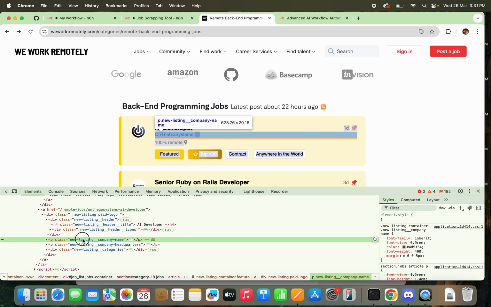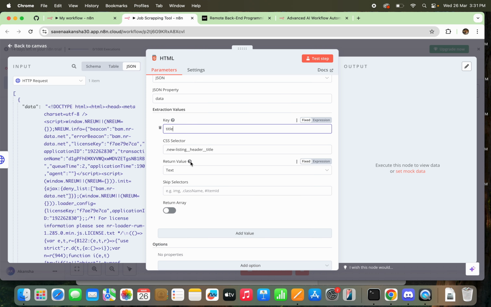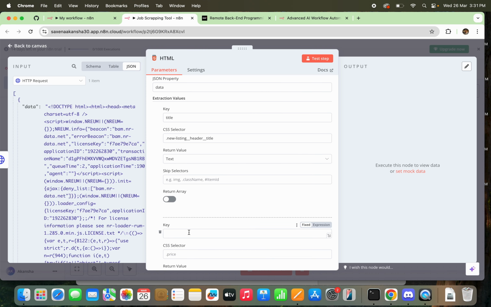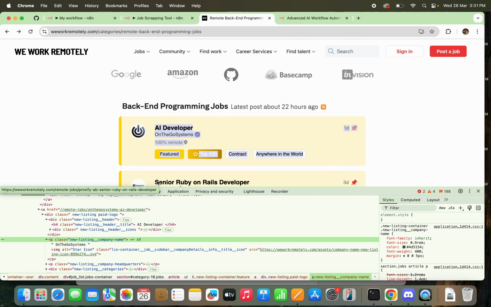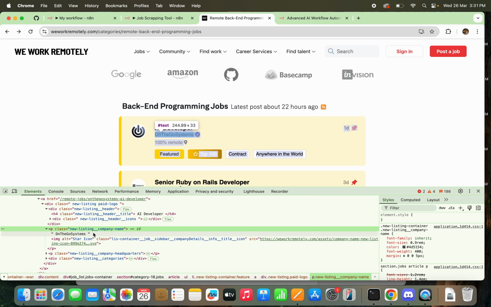I want the company name. So I'm going to copy this class as well. I'll add another element that I want to scrape and mention the class for that element. The title for this element is going to be Company. The class is going to be the new listing company name. And then if you see that within this class, it has the name of the company as well as the image